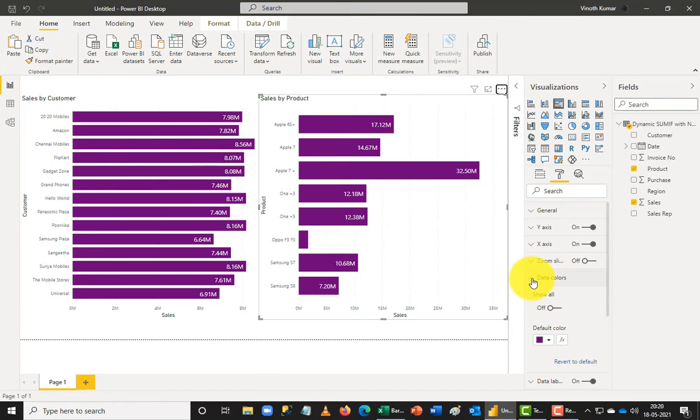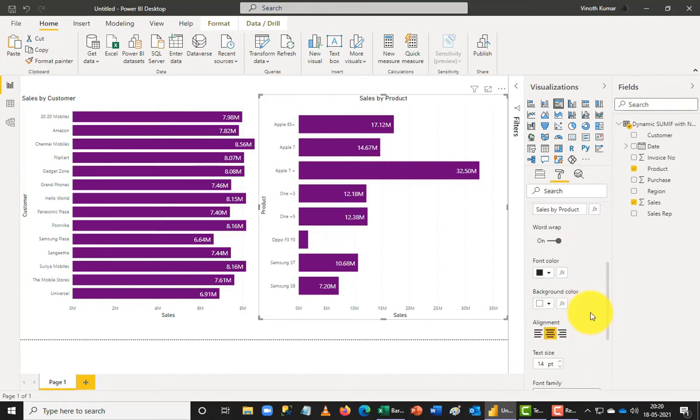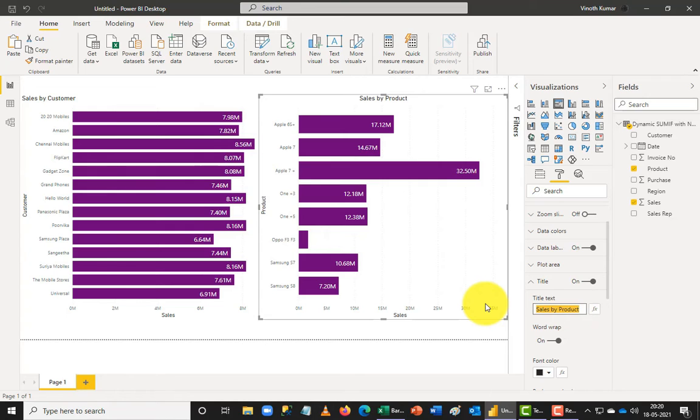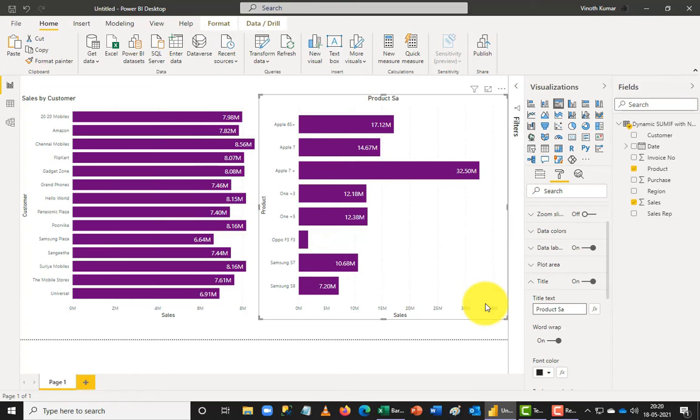And I can set the headers here to the center part of the data. So to do that, I'm going to just come back to the format again and come to the title here, and the title I'm going to make them in the center. So if you want to make a specific term to it, instead of sale by product, I'll say product sales turnover. So I can rename them whatever I want here. It is up to me what I want to add in this dimension.